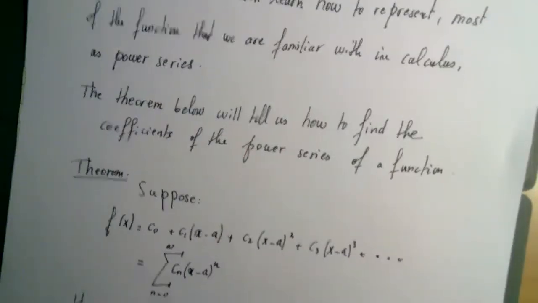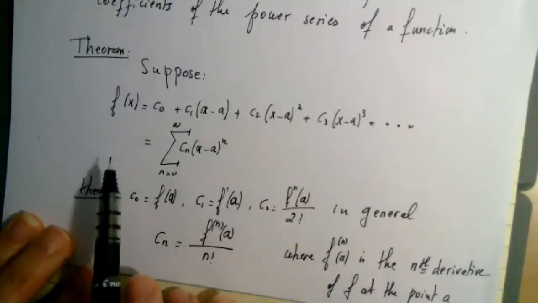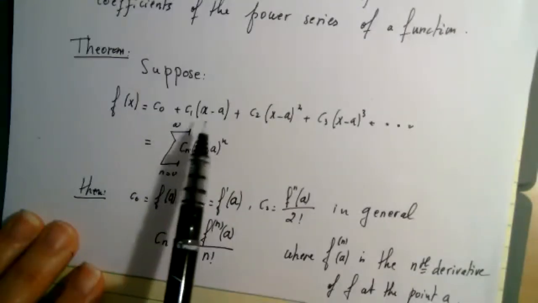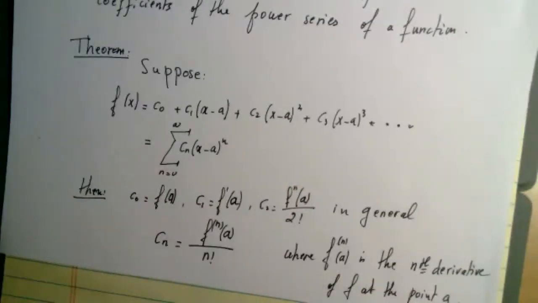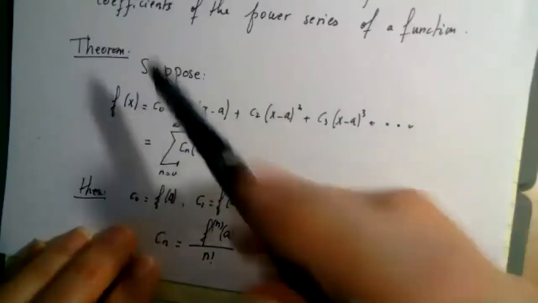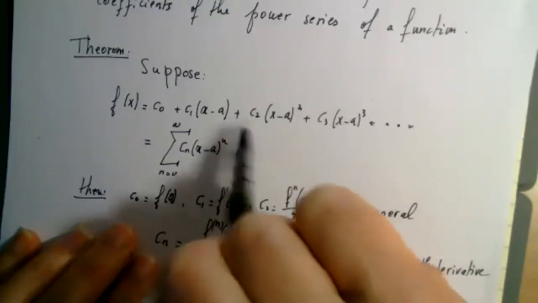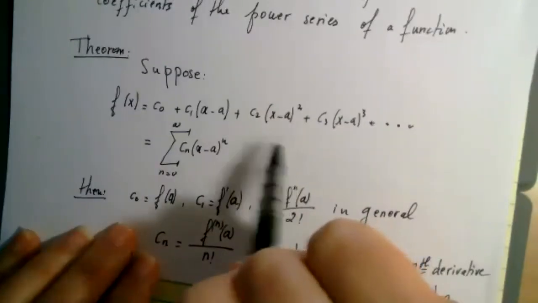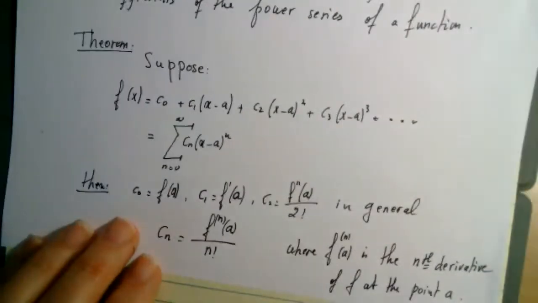So this is my first theorem of the day. It's going to be the most crucial theorem. It tells me the following. Suppose I have a function and I wrote it as a power series in x minus a, because in general, we will be able to write it in x minus a. Suppose I wrote a function like this. The question is, what are C0, C1, C2 in terms of the function itself? What's the relationship between the coefficients here and the function itself? And the theorem tells me the following. If I can write it like this, then